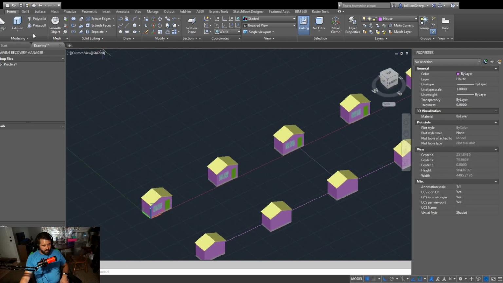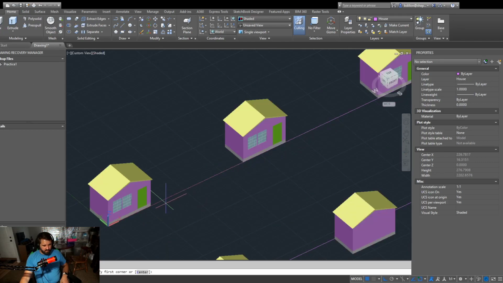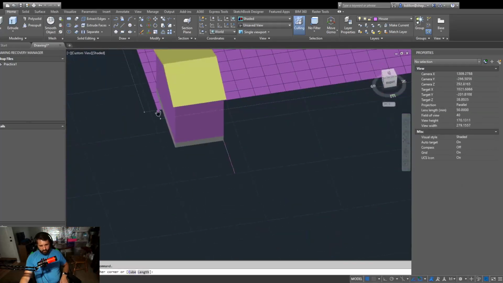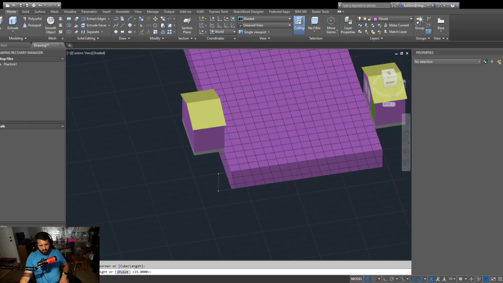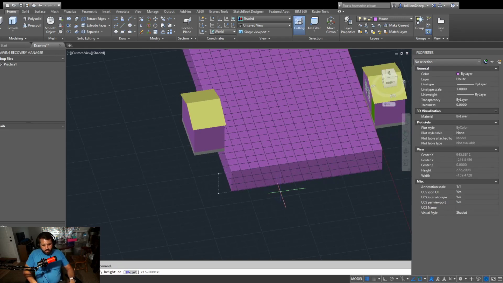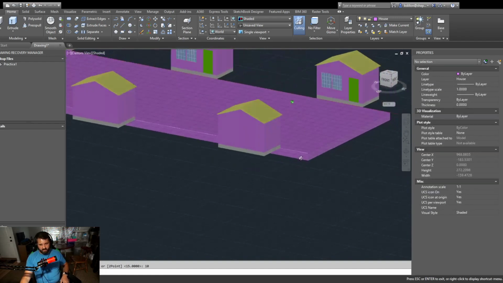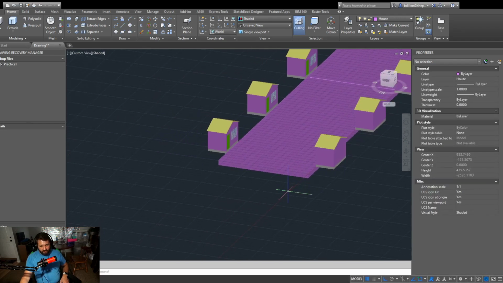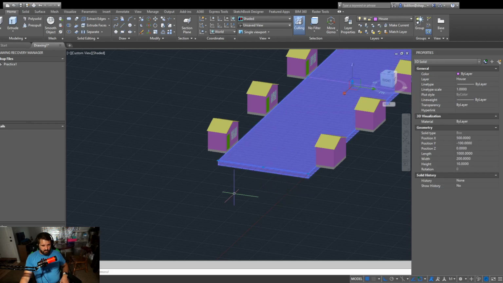So what I can do is I can take a box and bring this on down. And we'll drop it, let's just say 10. So now we have that street down there. Well, I want more than just a street. Our houses need a little bit of sidewalk. So we're going to take this and I'm going to drop it